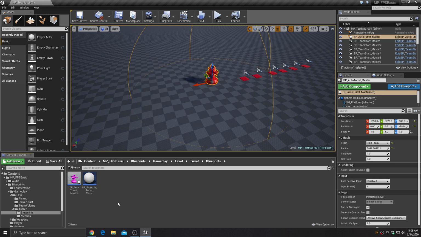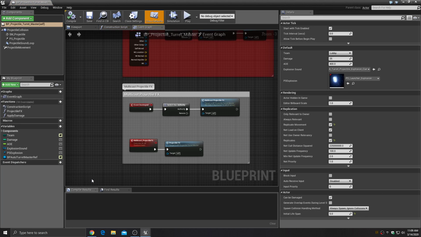So we'll go ahead and talk about this too, because this is kind of important, because how much damage does this thing do, right? How big is the projectile? What does the projectile look like? So to manipulate that, you actually open this BP projectile turret master blueprint, and if you look in the class defaults by clicking here or here, you will see